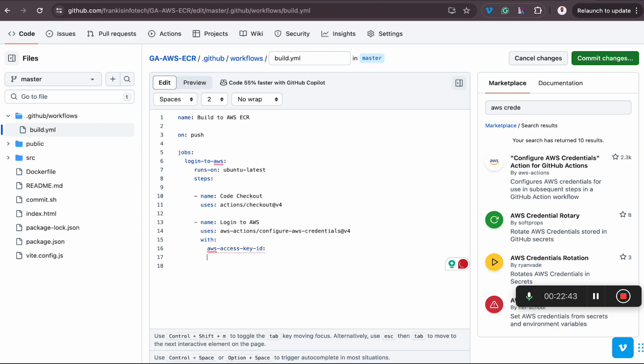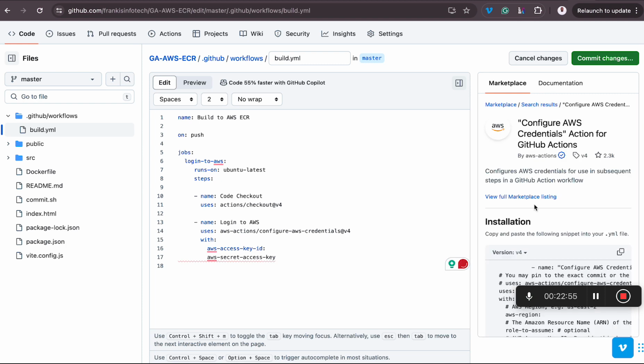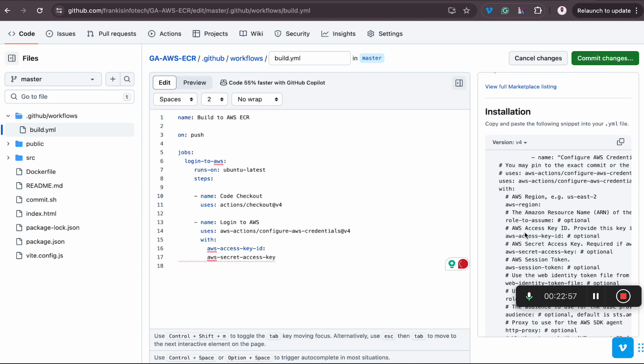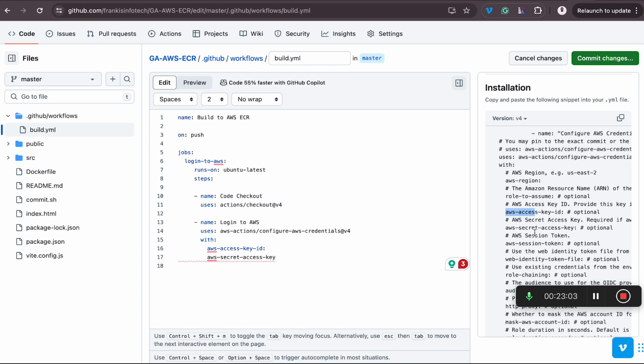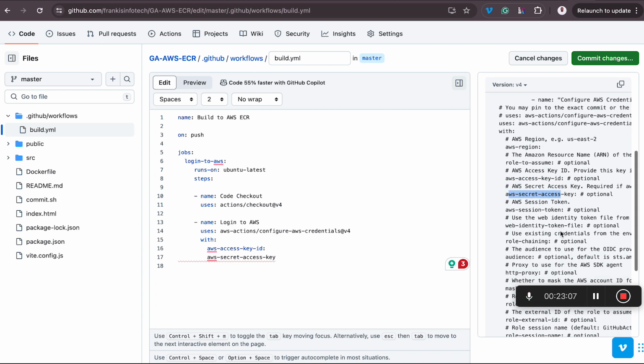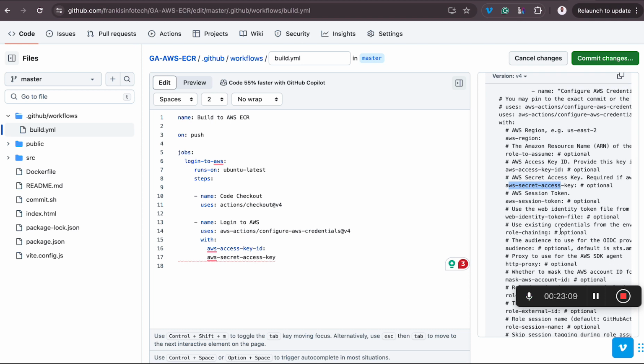All right, so you have the first one, AWS access key ID, then AWS secret access key, then finally the region,